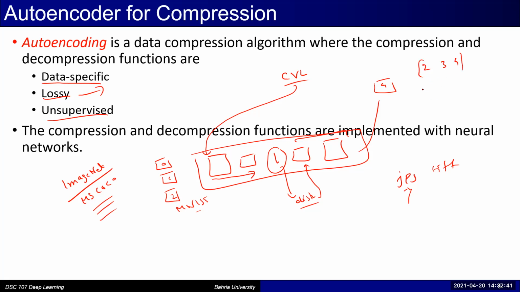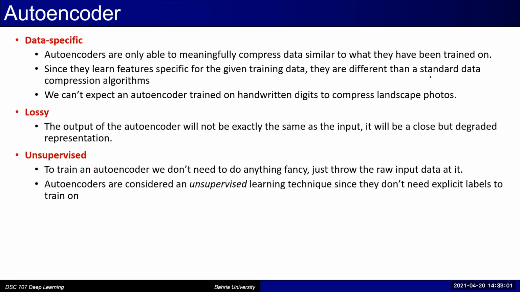So when I decompress it, maybe I get something like 1, 4, 5, which are very close values. Visually they look similar, but actually it is lossy, because you are not getting back exactly the same value. When it was 3, you are getting 4 or 2 or something similar. And the third point, unsupervised: we have already discussed that in order to train an autoencoder, we